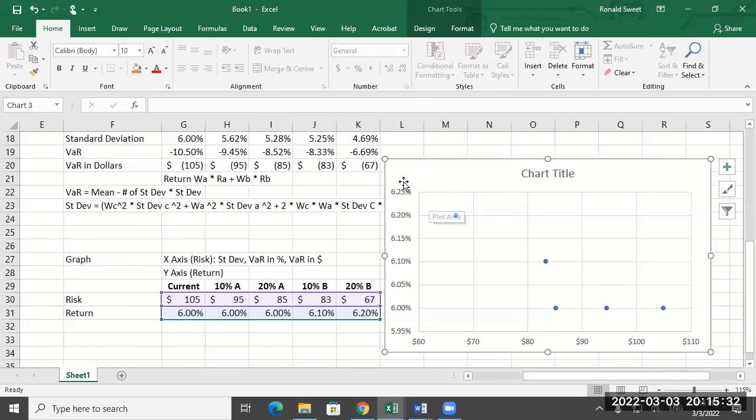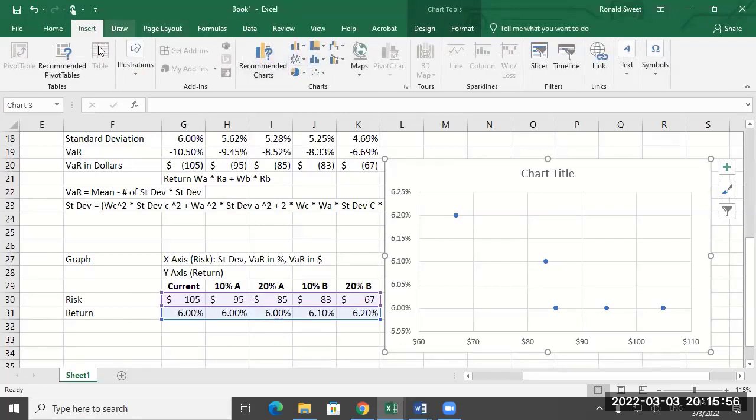All right, so we've got our return, we got our risk. I would label these, but I'm not going to, so you should label them. So this is the current strategy right here. We know this is A because it's the same return. Here's 10% B, 20% B. One other thing I would add in this is,